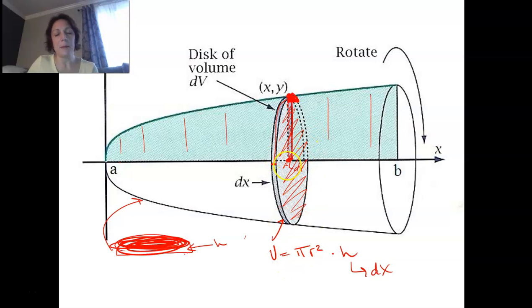So I need pi. The radius of each one of my cylinders is going to be determined by its rectangle. So this radius is going to be smaller than this radius out here, right? But I can always know exactly how big the radius is. It's going to be determined by the function. Now, in this case, and we'll talk about the variations of this, it's specifically and only determined by the function,